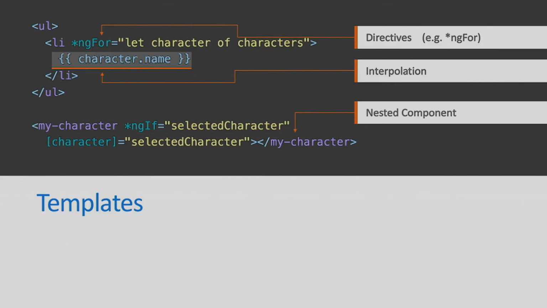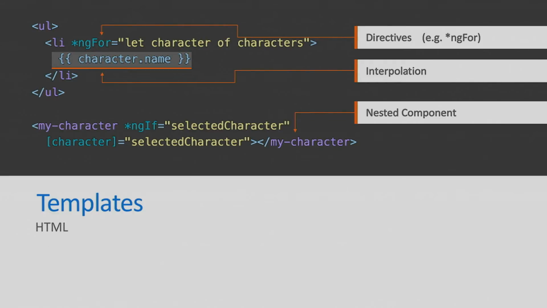And then we can also have nested components. You remember on the dashboard screen, we had a nested component. We had a search component at the bottom. We could actually search for our heroes. So we can embed components in other components as well. In this case, we're embedding a my-character below. So as you might guess, the top is showing a list of characters, and when I select one, what should happen is the selected character property should get set. And when that happens, it should show that bottom component. The ngIf says, if there's a selected character, show it. Otherwise, do not render this.